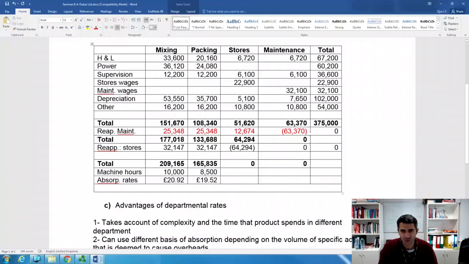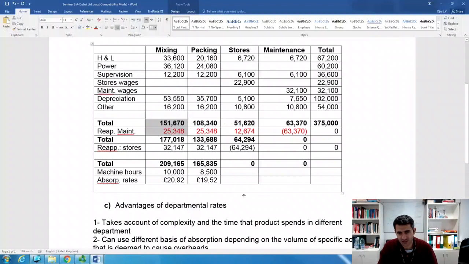Yeah. So now the total maintenance equals 0. True? Yeah, 0. So now the total stores equal 51,620 plus 12,674 equals 64,294, as you see. And the total for packaging is 133,688, and the total for mixing is